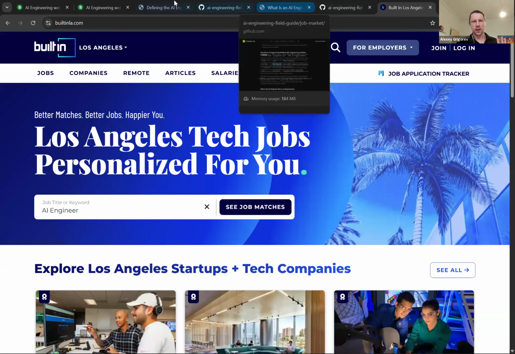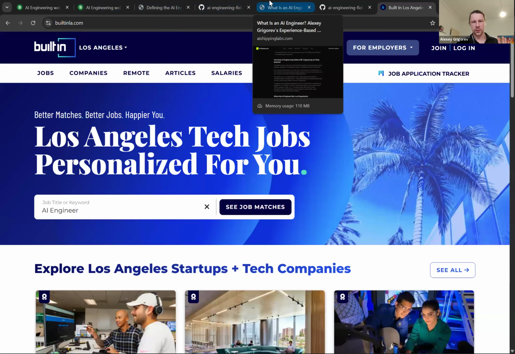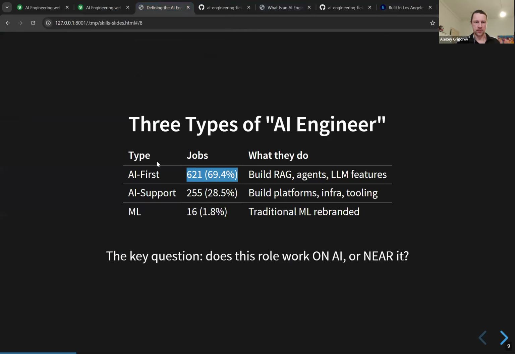So this is important, because from what we see, only 70% of these jobs were actually AI first. Some of them, all of them were kind of AI related, right? There were very, very few that were completely unrelated to AI, and I removed them in the first pass. They had this weird title, AI trainer or something. I just removed all of them in one pass, and that was it. So they are all AI related, but to different degrees.